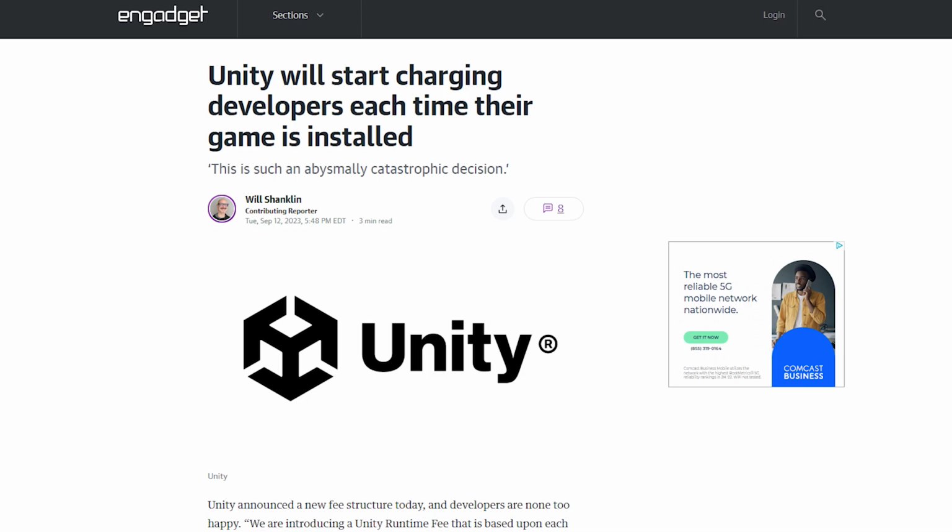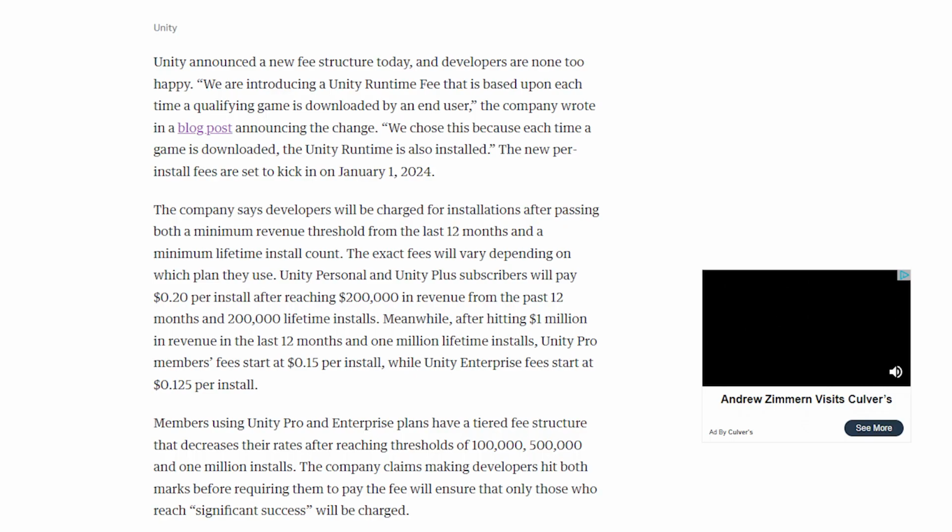installed. Unity announced a new fee structure today where they're introducing a Unity runtime fee that is based upon each time a qualifying game is downloaded by the end user. The exact fees will vary depending on the plan that the developer is using. Unity Personal and Unity Plus subscribers will pay 20 cents per install after reaching $200,000 in revenue from the past 12 months and 200,000 lifetime installs. Meanwhile, after hitting 1 million in revenue in the last 12 months and 1 million lifetime installs, with Unity